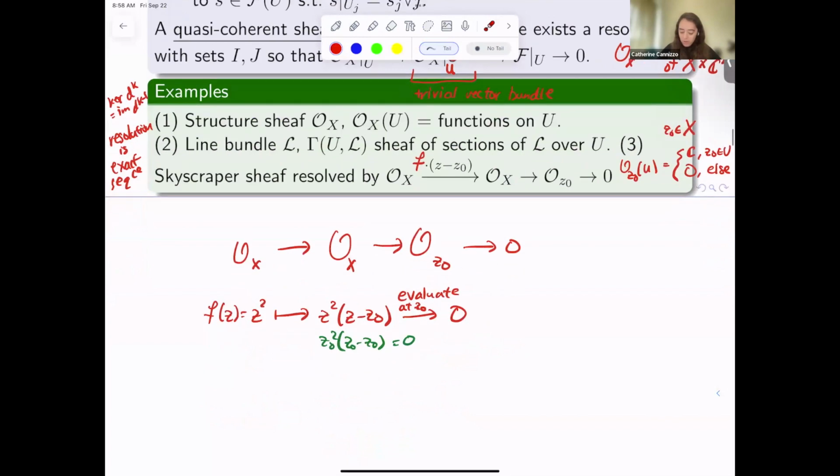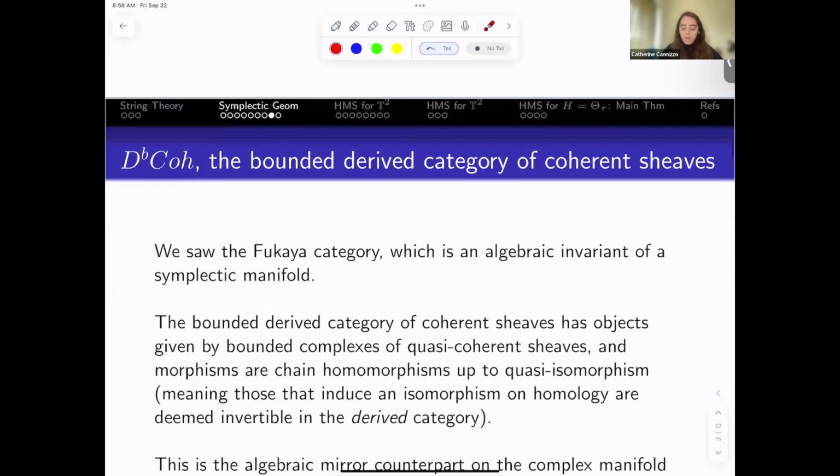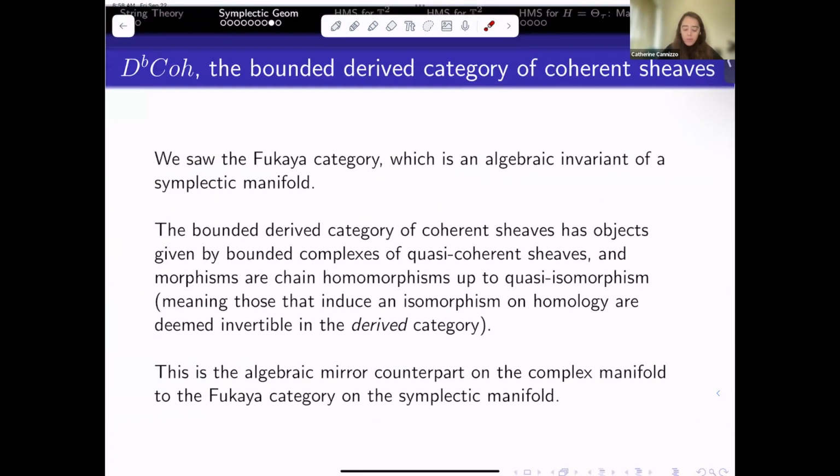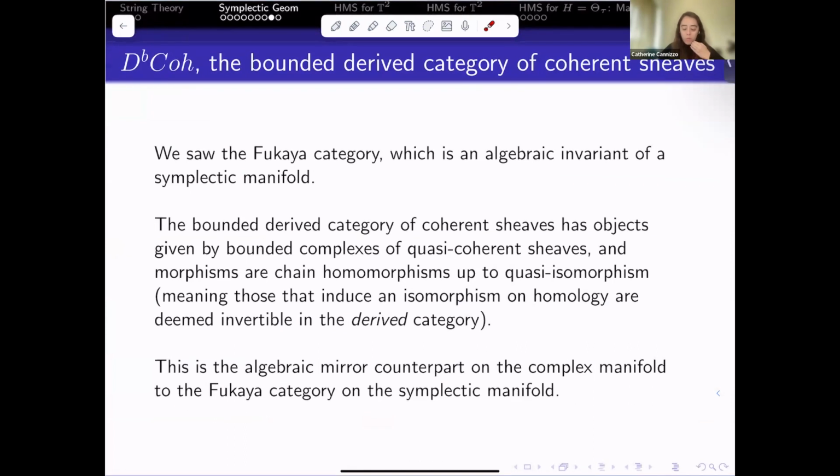Okay, so why did I introduce these? Well, they're the objects in the category that we associate on the complex side in mirror symmetry. D^b Coh, which is referred to as the bounded derived category of coherent sheaves. So the Coh is coherent, the b is bounded, and the D is derived. We saw the Fukaya category. That's the algebraic invariant associated to the symplectic manifold in mirror symmetry. The bounded derived category of coherent sheaves has objects given by bounded complexes of